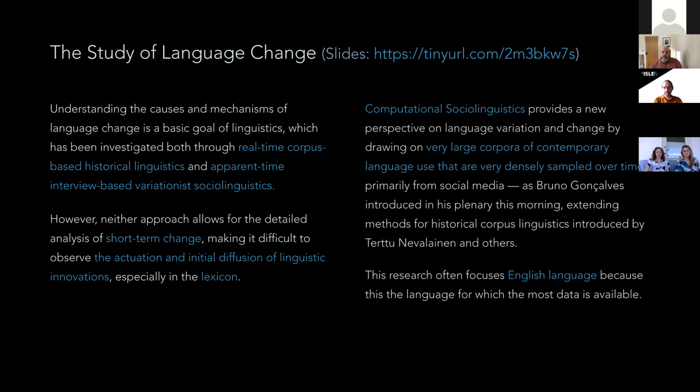And then there's the other approach, common in variationist sociolinguistics, generally based on interview data, sometimes on surveys, sometimes on corpora, where change over time is inferred from apparent time differences. This is when you use age as a way of estimating language change. If you notice a difference between older and younger people, you can posit that a language change has taken place. And both of these are really powerful and